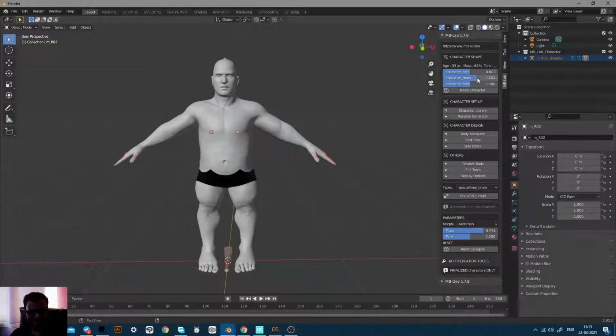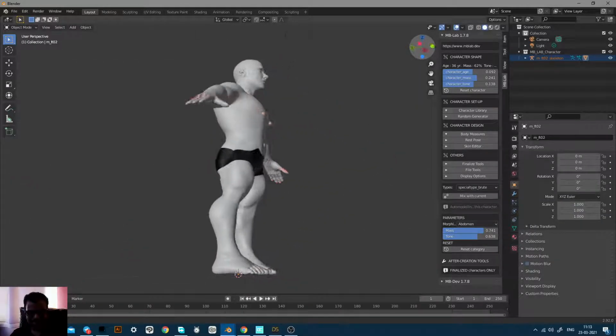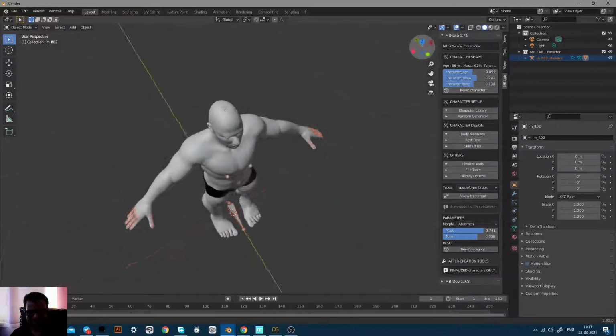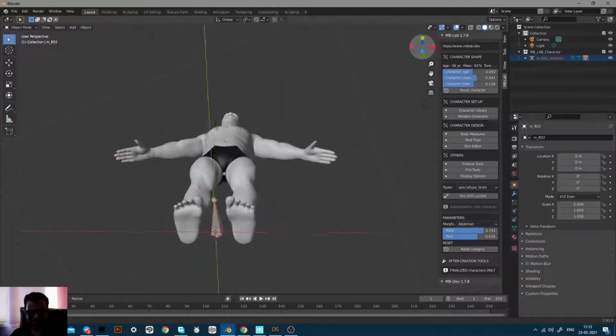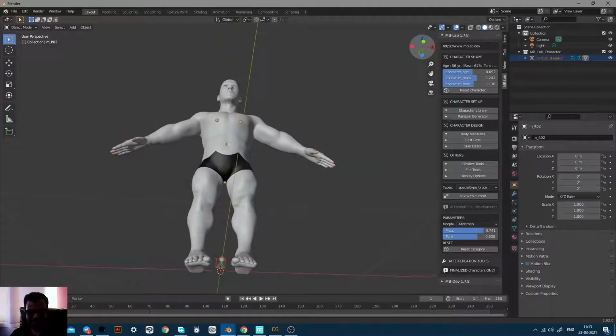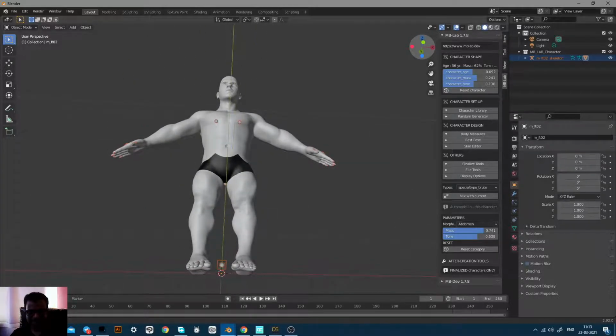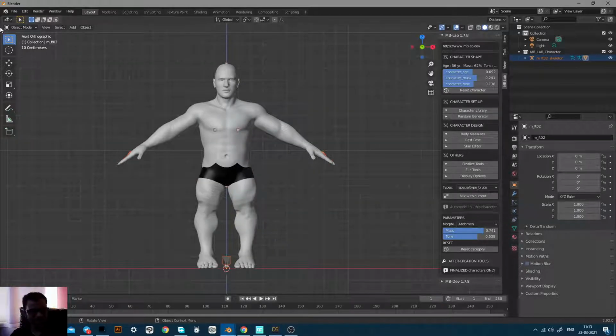I'm quite impressed. You get such things free of cost, and my goodness. So you don't need anything, just take a screenshot and do sketches on it. So as good as that. Quite impressive, quite impressive. And you can sculpt here. If you want to sculpt it, you can sculpt it further.